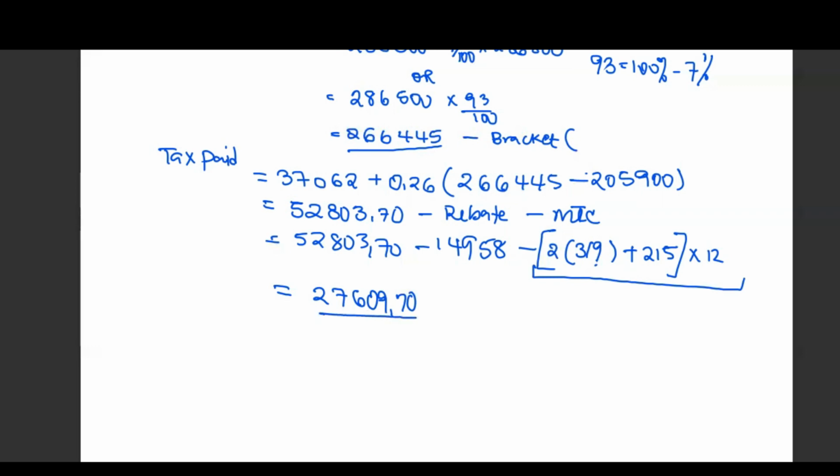Remember, the 4,000 is monthly, so we shall also divide by 12. Look for the monthly amount, which becomes